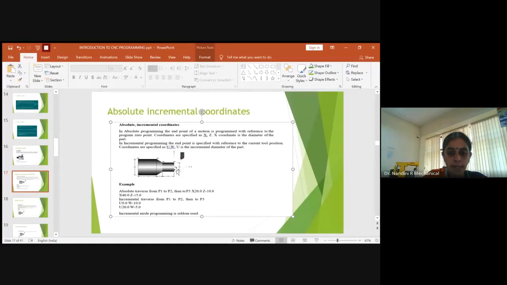So it has to move 10 above and 10 below. 10 is to go to this position. So while rotating, this distance will be achieved. Then it has to come back here and get the required distance of 10 mm. So if I tell you now, you won't be able to understand. So I will tell you in depth. Now I am just explaining what you mean by absolute and incremental coordinate system.